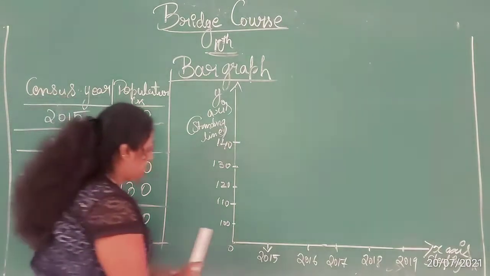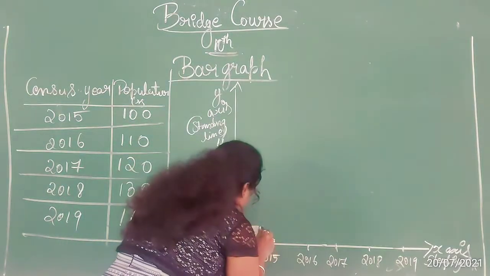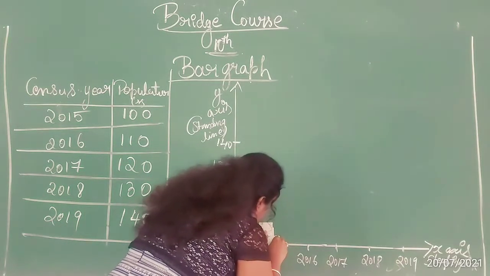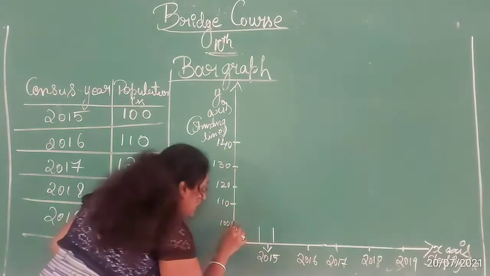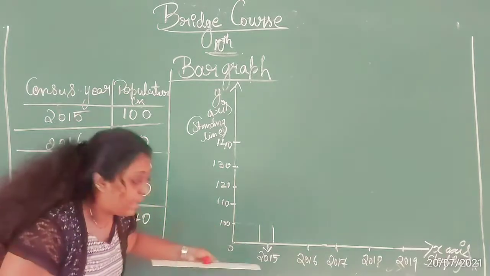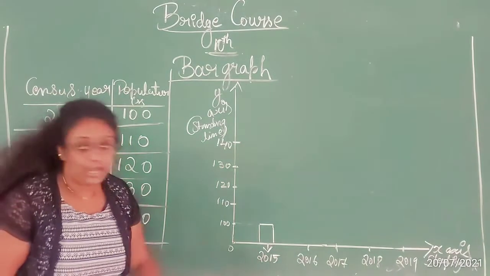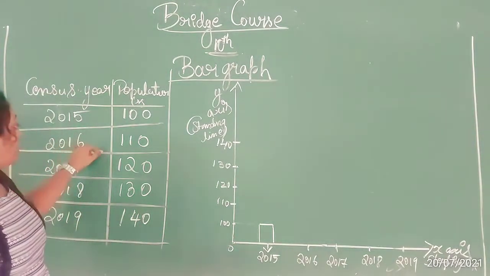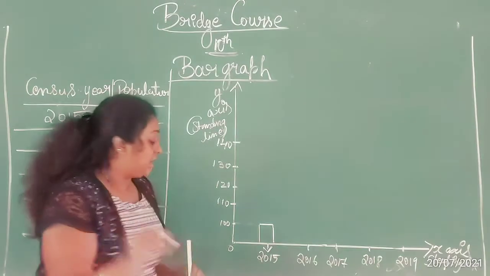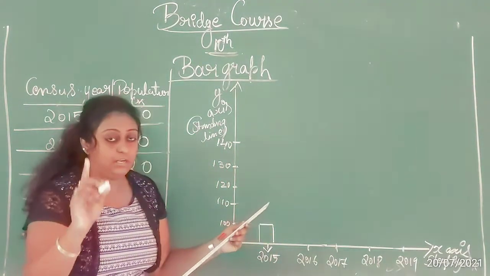So now what I will do is, take your scale like this, draw a cylinder like this, exactly 200 children, see, straight to 100, you have to draw the graph. Okay, straight to 100. Next, 2016 is 110. So see, straight, use pencils, straightly to 110. Like this, slightly you draw, don't draw a dark red.